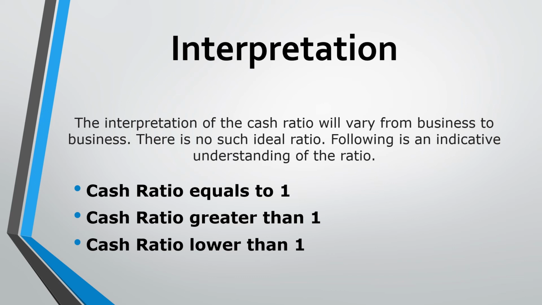A company's creditor will be happy with such a ratio as high as possible because that will reduce the chances of any delay in paying his dues. But on the other hand, the company would like to keep it low or optimize to suit its requirement because idle cash means unwanted loss of interest cost. Next is cash ratio lower than 1,